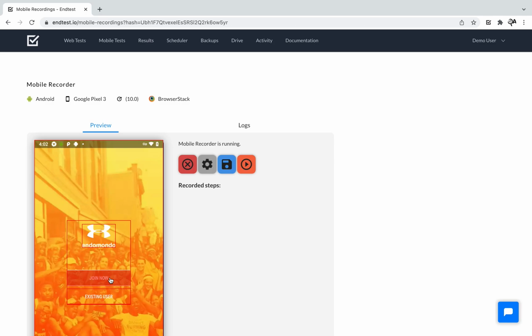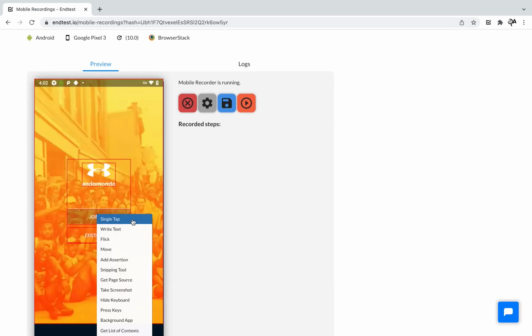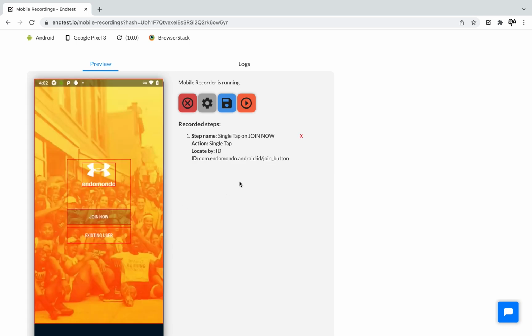Now these are added on our side. We do not modify your mobile app. These are just added in this recording section in order to help you see the elements better. Now let's say I want to tap on this button. So what I need to do is I click on it, I select the single tap action,